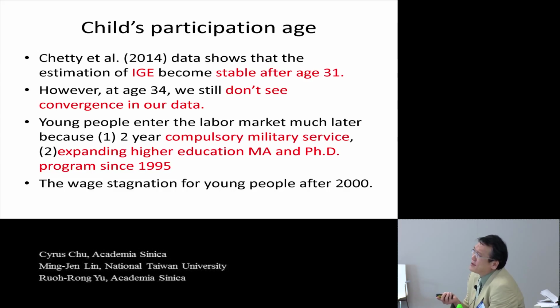We have perhaps a reason for this. We have 2 years of compulsory military service, so males can start to earn money at least 2 years later than United States boys. And we also have a very high participation in MA and PhD programs after 1995. So we have to wait about 2 years to see how the data turn out, because we can continue the exercise every year.